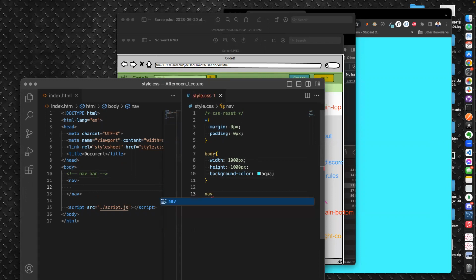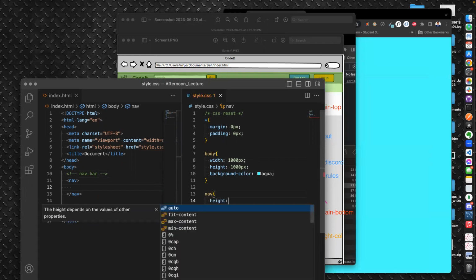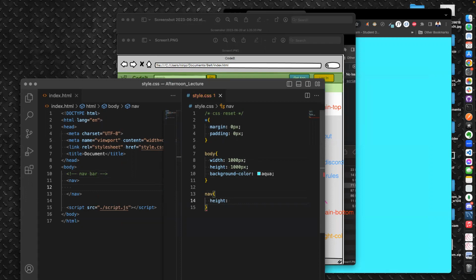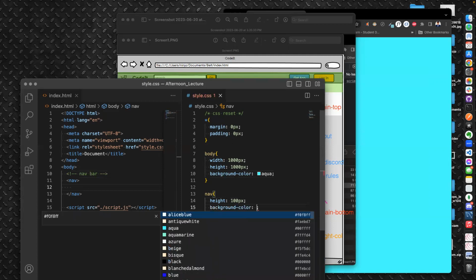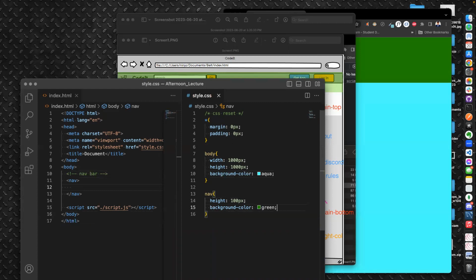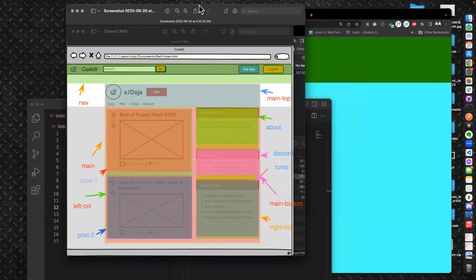I can just target the nav tag like this. And I'll say the nav is going to have a height of about 200 pixels, or let's say actually 100 pixels. And background color of green. Okay. I think